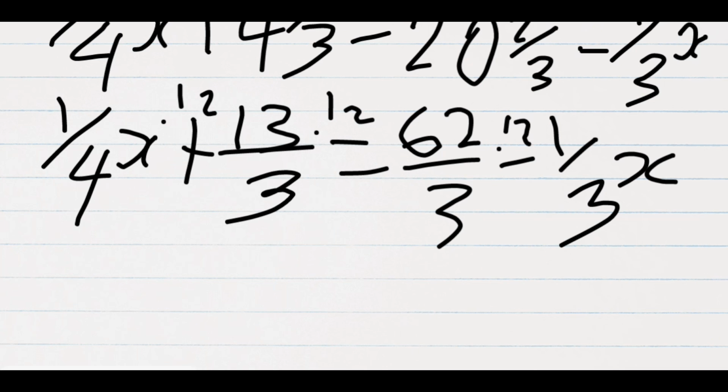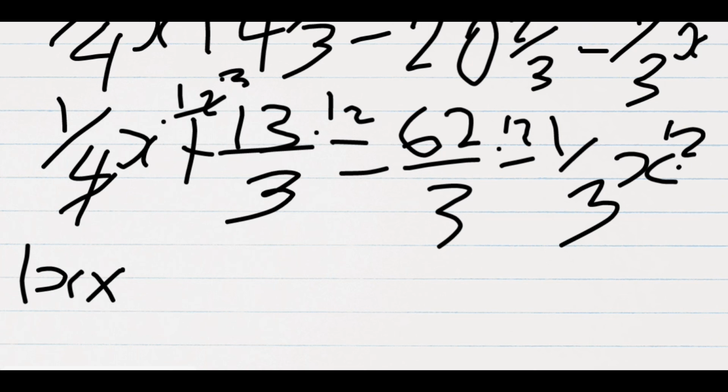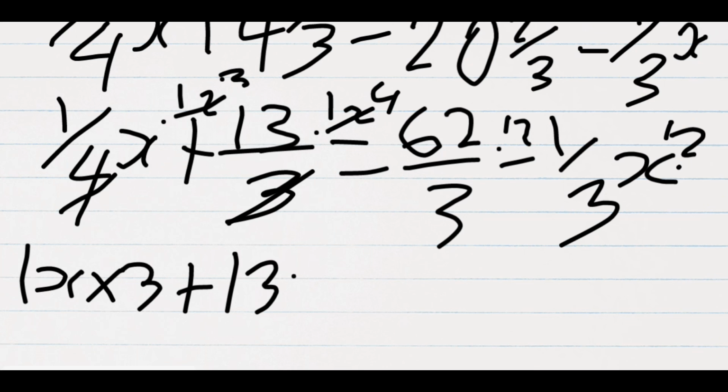Now, this is going to cancel this and you'll be left with 3 here. So here you have 1x times 3. This is going to cancel this and you'll be left with 4. So you have plus 13 times 4 equal to, this is going to cancel this and you'll be left with 4 here. So you have 62 times 4